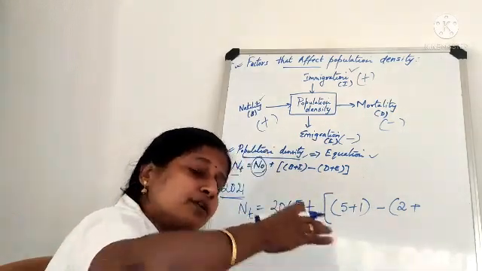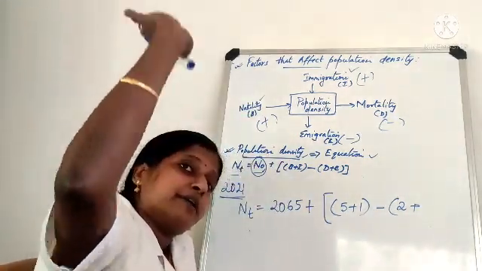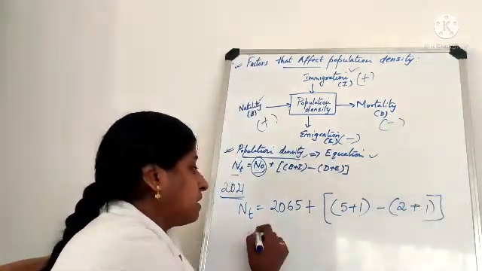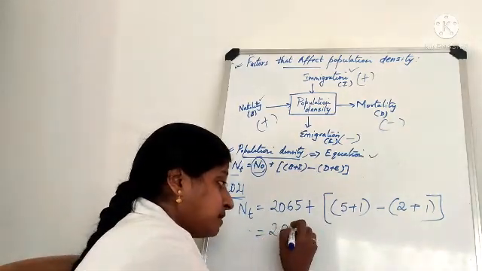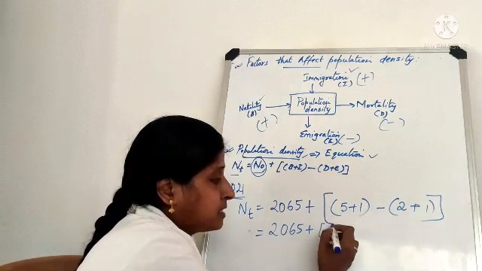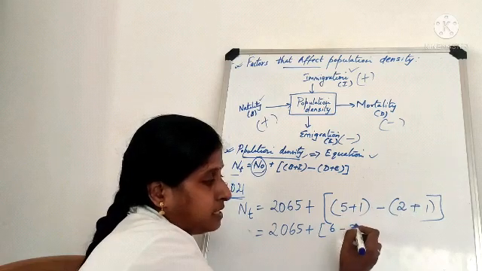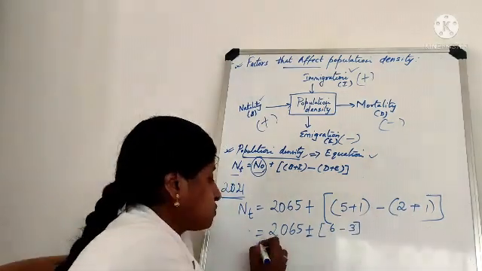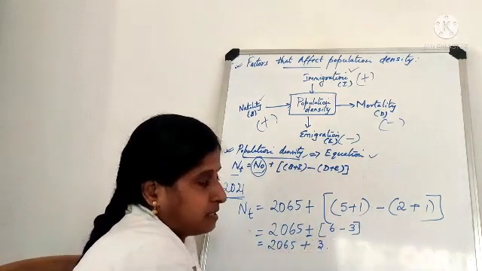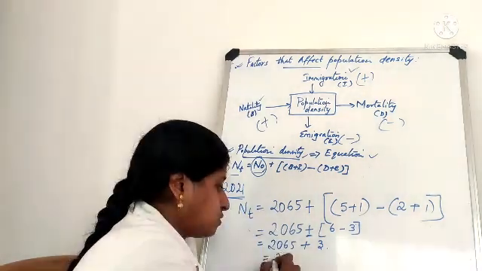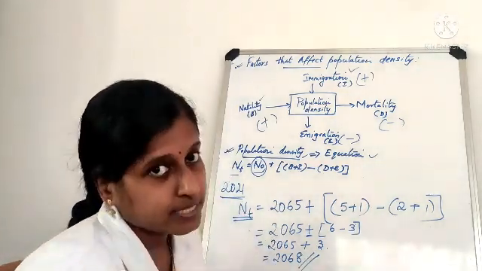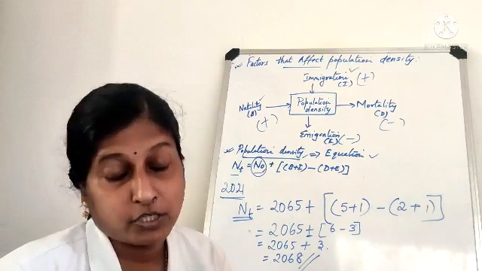Okay, in Patripala 2 persons have died in that particular year, plus emigration. Emigration means someone has moved from here to another place, from Patripala directly to America, permanently gone. So maybe 1 person has. Okay, so these are all examples. Now 2065 was the population, plus how many are there? So 5 plus 1 is what? You know, that is 6, minus 2 plus 1 is 3, isn't it? So this plus you should not forget. So 2065 plus 6 minus 3 is 3, isn't it? So what is the population now? It is 2068. This will be the population at a given time. Is that clear? So like this we can find out population at a particular time.